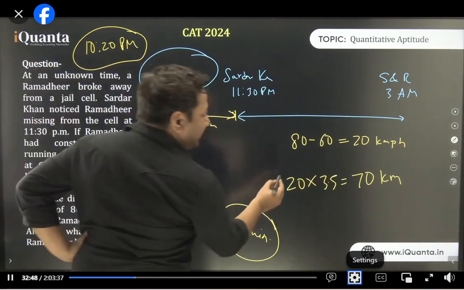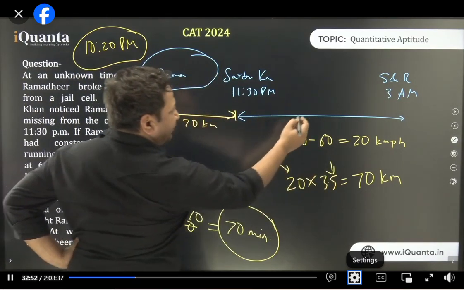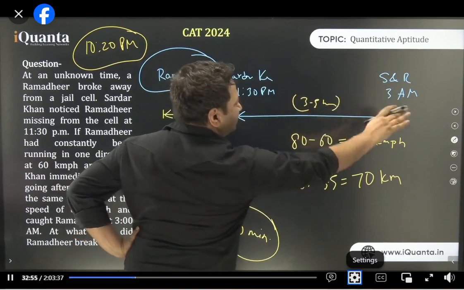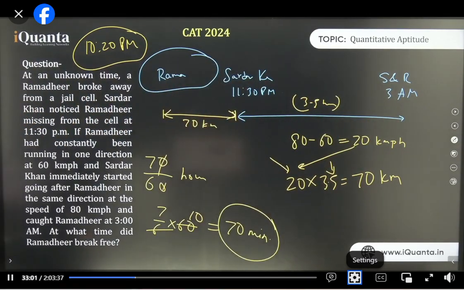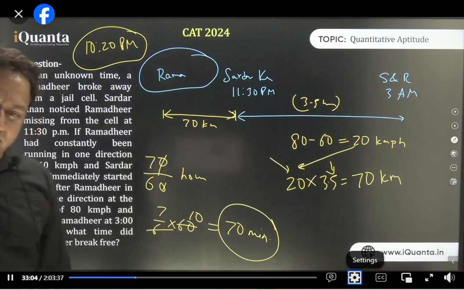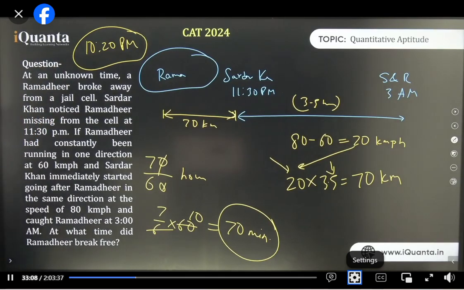Nishit, by multiplying relative speed with the time. Time is 3.5 hours, no? 11:30 to 3 a.m. So just multiplying speed with time, you got 70. Okay? Clear to everyone? Yes, that's right. Relative speed is a technique to do things easily. In reality those people don't actually run that much. So the 70 is the excess which we are accommodating.